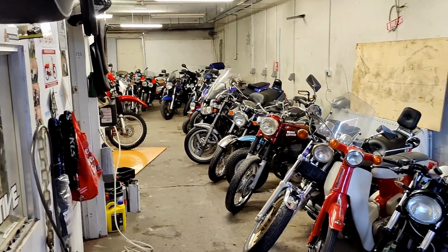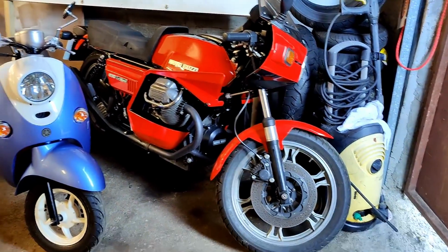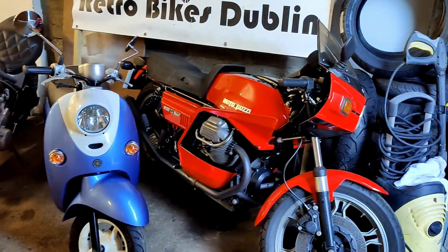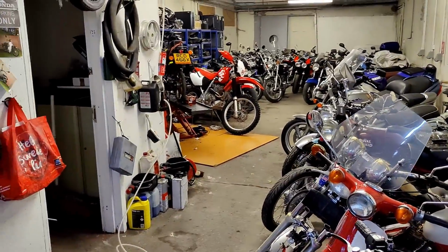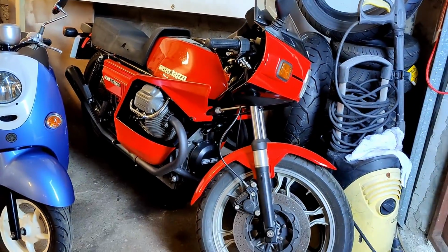Okay, this is the stock update for Retro Bikes Dublin as of November the 3rd of 2020. So we're just going to run through all the bikes that are in stock. We do this each month now, just to let you guys know what's in. And so yeah, we'll go ahead and start with what's at the front here, which is a Moto Guzzi